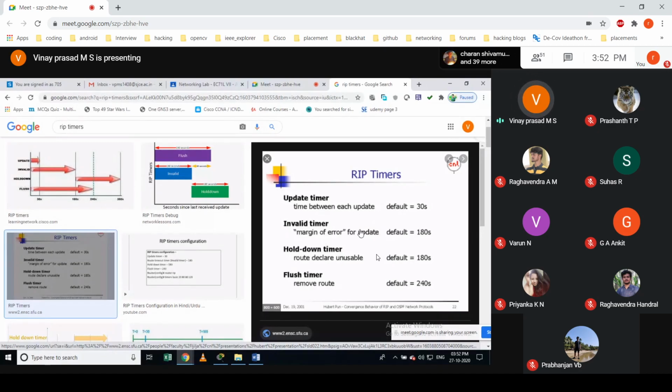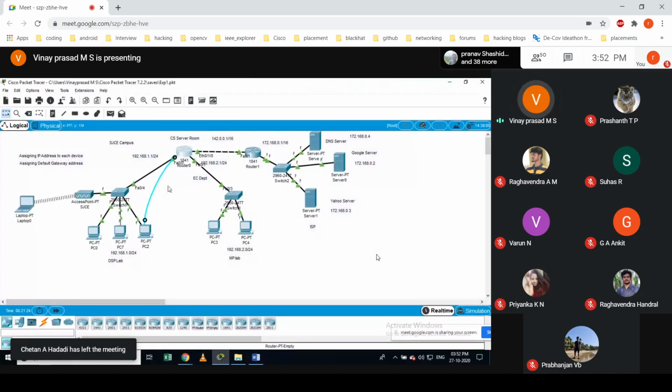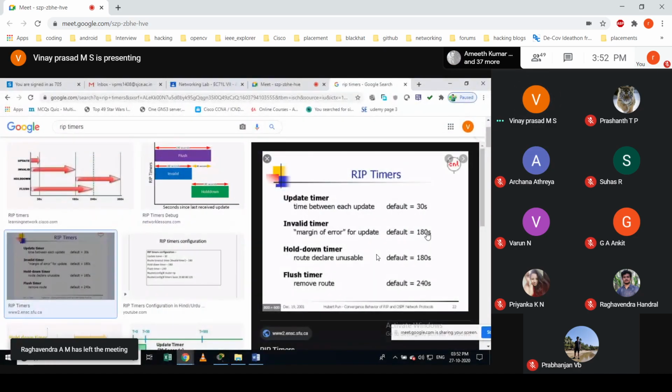The invalid timer is the margin of error for the update. If something goes wrong in the network, say a link fails, it will keep that route information as invalid for how long? This margin time is 180 seconds. For every 30 seconds it gets an update.